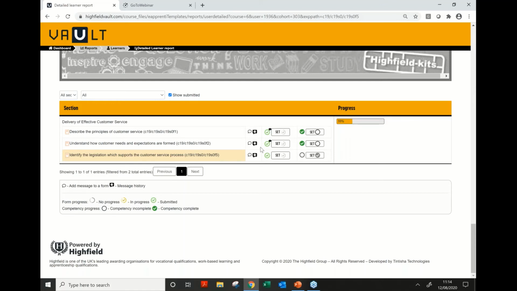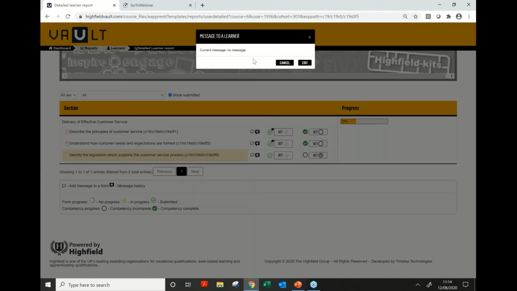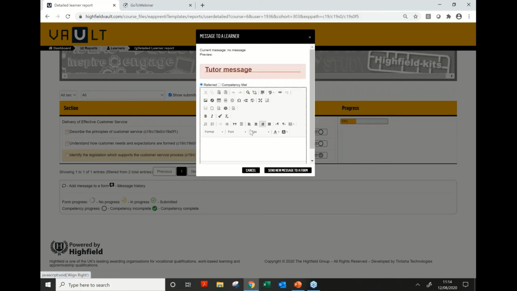We're just going back to this form, just to show you how easy it is to review this. So obviously we've just set this one as complete and we want to refer this one back, so we're going to attach a message. We saw here that the black speech bubble with the timer is the message history. I just want to attach some feedback, so this is the clear speech bubble here. If I click on that, it'll say there's no messages currently. So we just want to change that by clicking edit. And then we're just going to put,